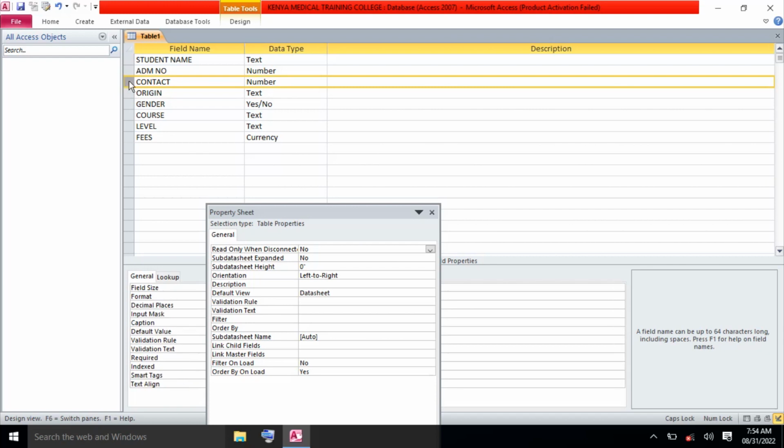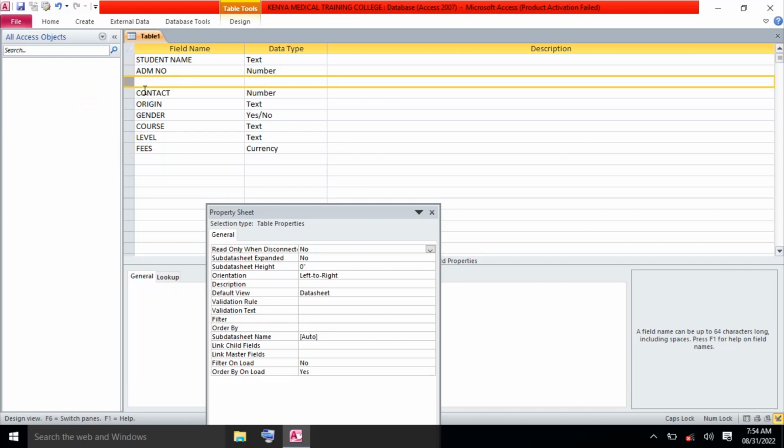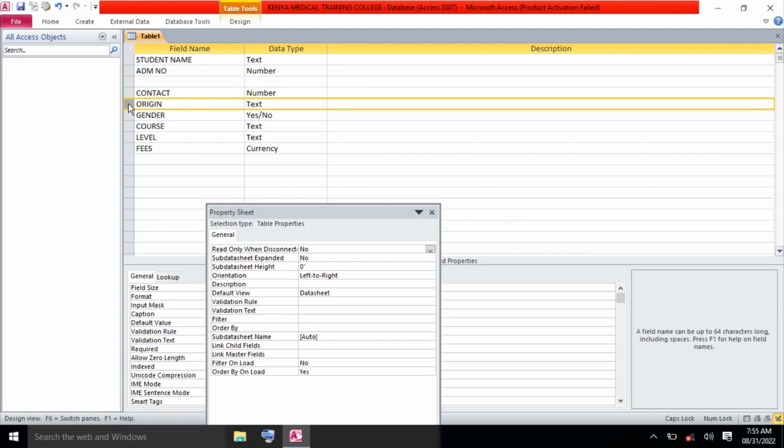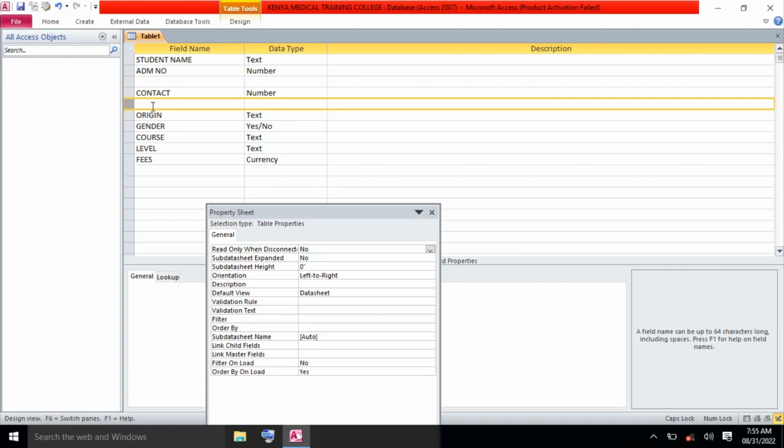So how do you do that? It's very simple. You come to contact and then you right click using the right mouse button, press it once and you get all this, and then you have insert a row. I click insert a row and the row is inserted, but you notice that the row is inserted above and I wanted it in between contact and origin. That meant I was supposed to actually right click origin. So let's do it. I right click origin, then I say insert a row, and the row is inserted above origin. Then I can type there email